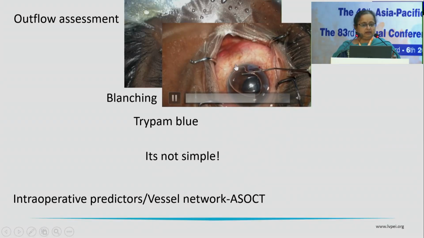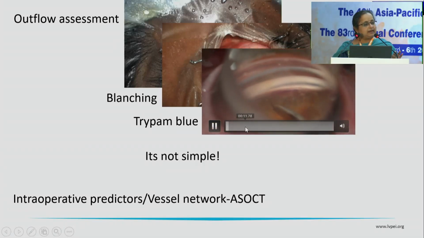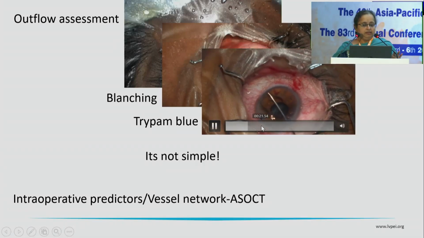Now this is the area where I have caused a blanching. You can see the whitening, but now see the kind of veins that are there. There are 2 deep veins. The blanching happens here. There are 3 veins here, one here, and one here. And there are some deeper veins which are staining, all in that same area. But it's not so simple, because the blanching is seen and the trypan blue staining is in the same area. Does it happen in all the areas? No, it does not.